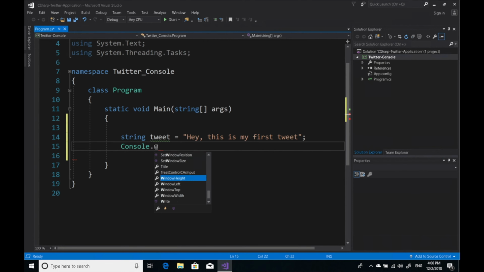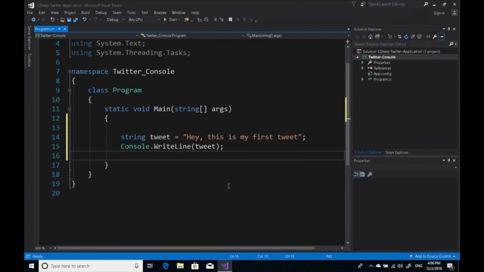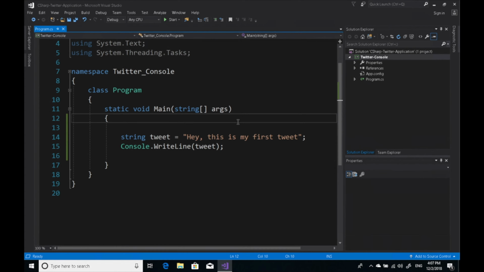So when you do Console.WriteLine, it has to be capital W, capital L, and then you open parentheses and say what you want to write in the console. I want to write my tweet that I just wrote, and just like we explained, the line has to end with a semicolon. Now we're ready to build and run our application, and to do that we simply hit